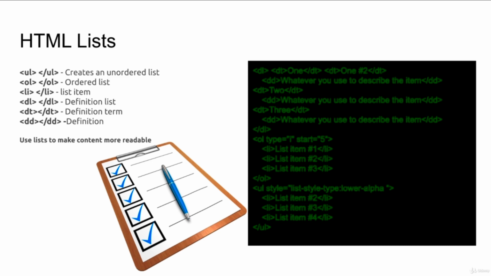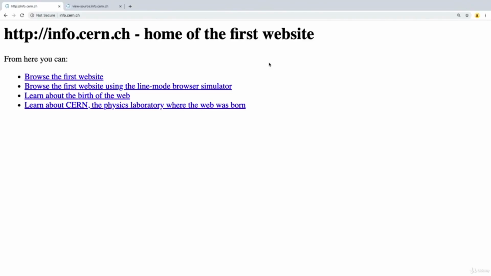And then there's also definition lists. So we've got definition terms and then definitions. So these are also another type of list, and this is less commonly used within HTML. Most commonly, you're going to find that you've got the unordered lists being used within HTML code. A quick example of a simple list is available at